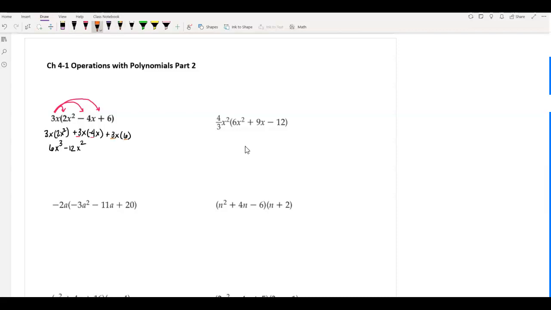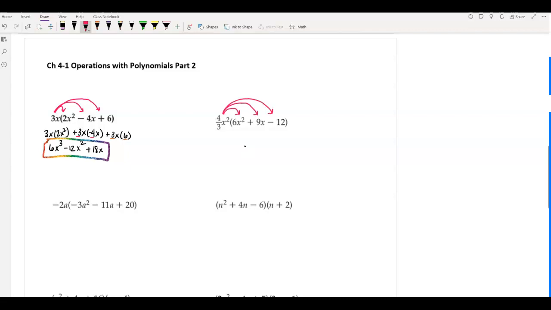And then we have 3 times 6, which is 18. And then we have our x. Just taking what we've already discussed and applying it to something new. Do it again. Multiply that 4/3 x squared to every single term